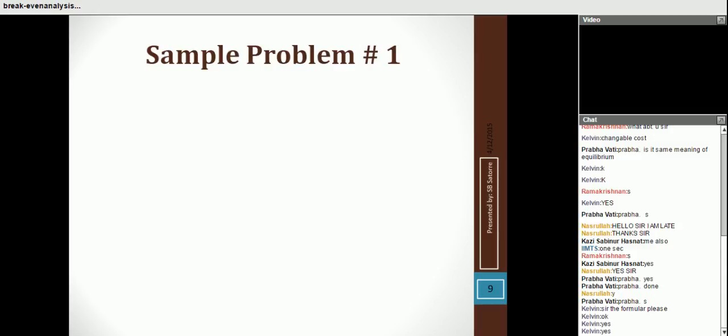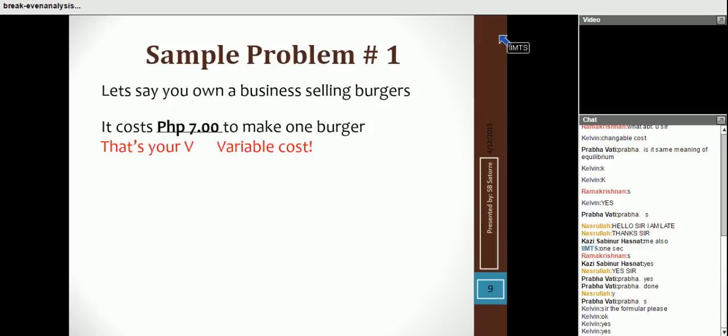Now let's see some of the sample problems based on these formulas. Let's say you own a business of selling burgers. You have a shop, and I am selling burgers. It costs say $7 to make one burger. Cost of making one burger is